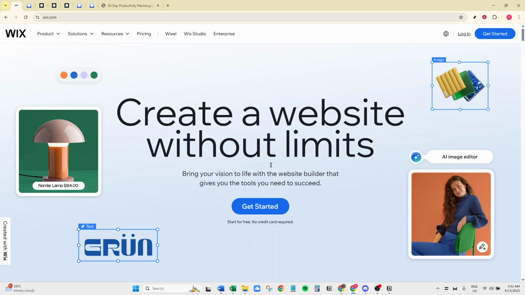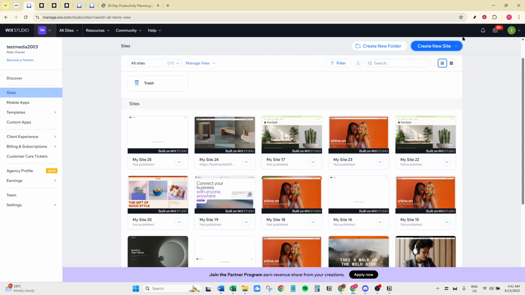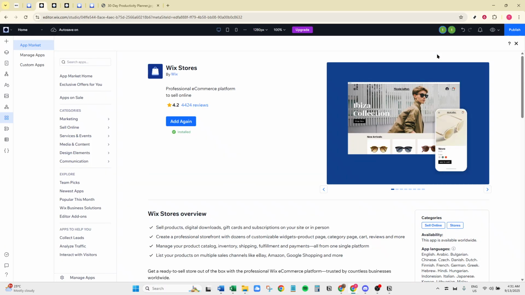First, head over to Wix's website. Once there, you'll either need to create an account or log into your existing account. This is your gateway to accessing all of Wix's powerful tools and features, ensuring you have the best platform for your digital sales. Once you're in, locate your existing project. If you're starting fresh, simply create a new project. Otherwise, open the project where you'll be adding your digital products.